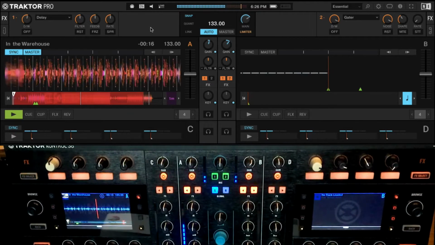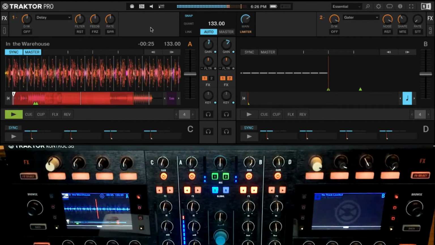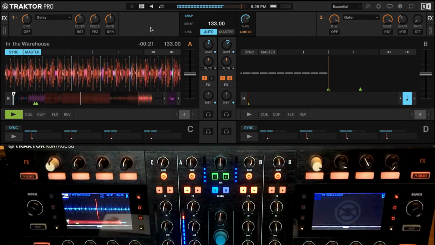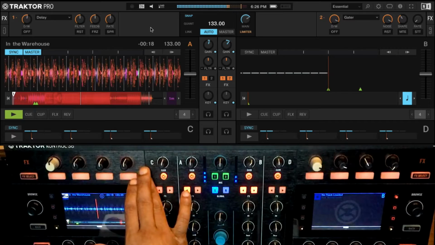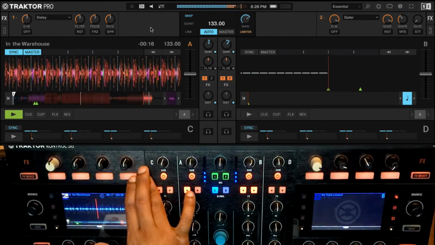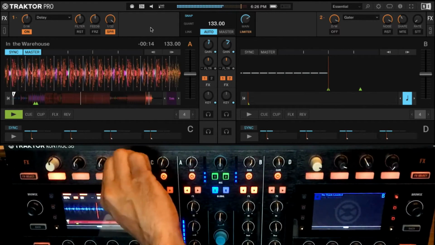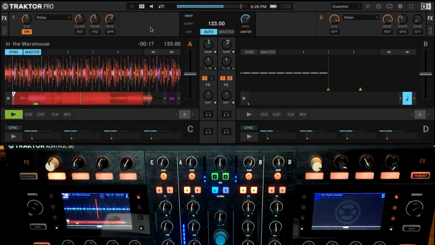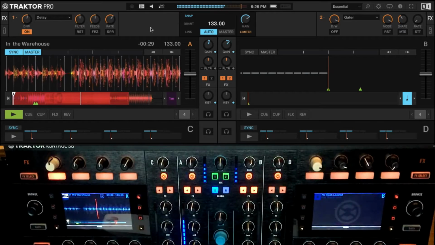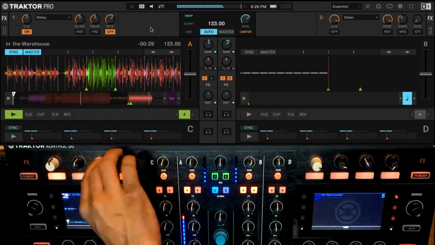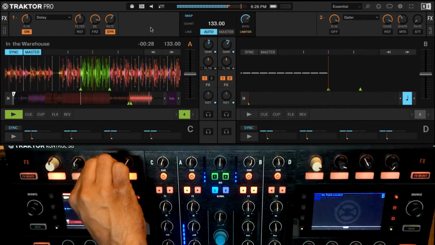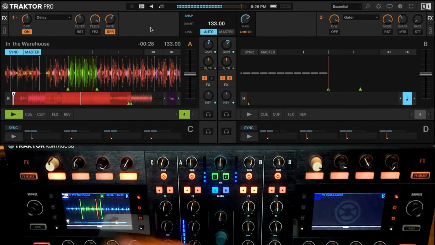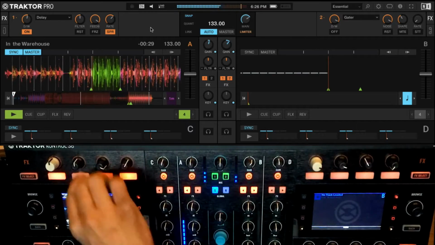Then the next one is spread. It's a function where it spreads the delay across the stereo field. It's something that you'd be familiar with from your production as well. So it has nothing to do with the knob. As soon as you press the button, it just spreads the delay into the stereo field, which would be better audible in a headphone. In fact, we can hear it here as well, that there's a slight spread.